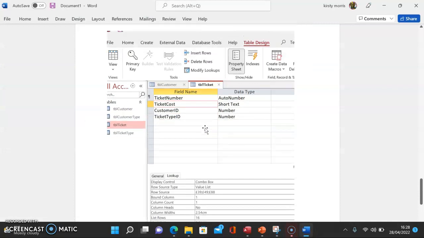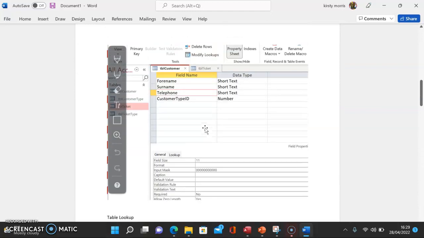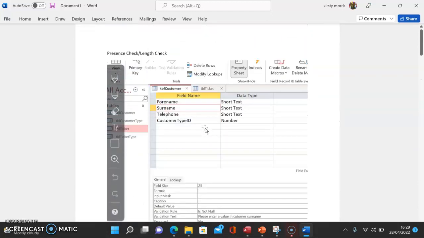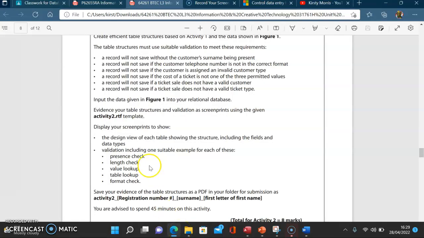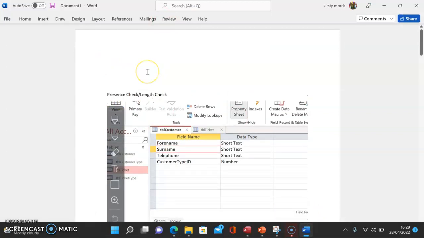So what I've got there now is I've got a value lookup, I've got a table lookup, I've got a length check and a presence check and a format check. So if we come back into here, you can see that I've actually put all of those in. Now also as part of task 2, you need to make sure that you've got a print screen of each of your tables